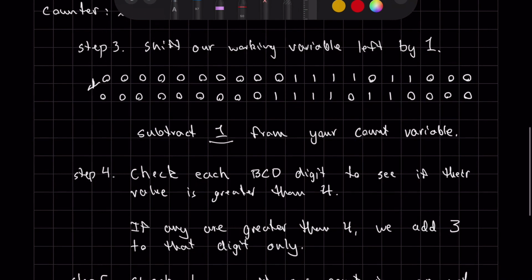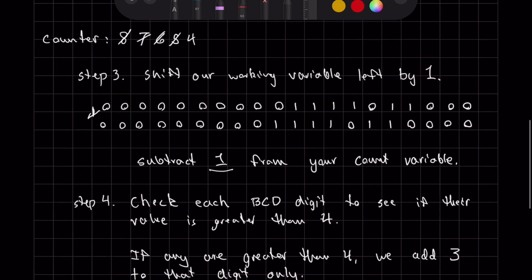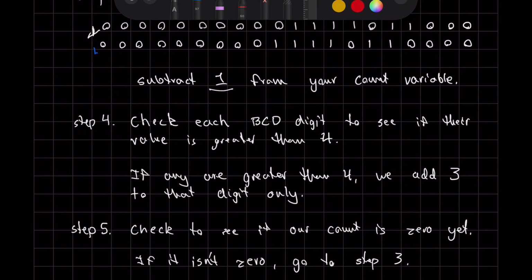Subtract 1 from our counter. And evaluate to see if these digits, any of them, are greater than 4. And look at that. The ones place is now equal to 4 plus 2 plus 1, 7. Alright, so we add 3. So 7 plus 3 is 10. We represent that